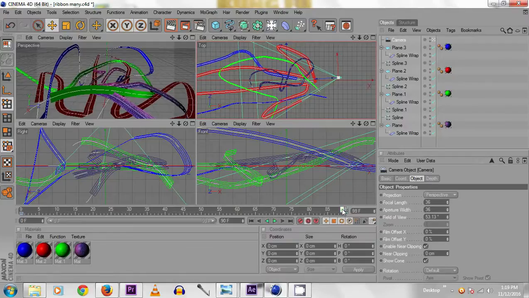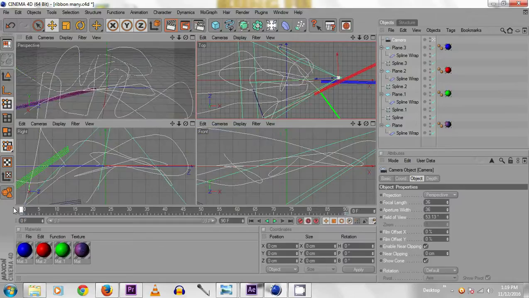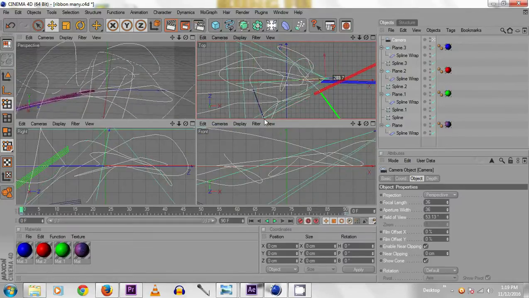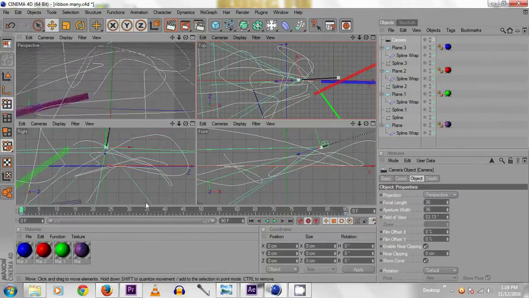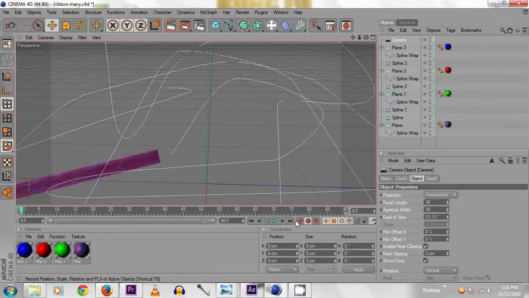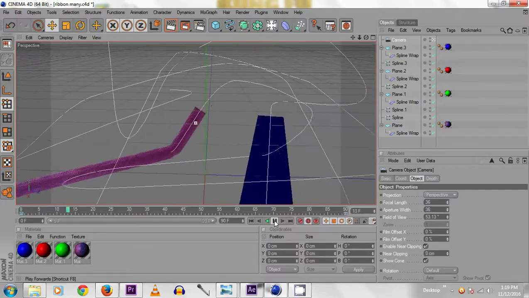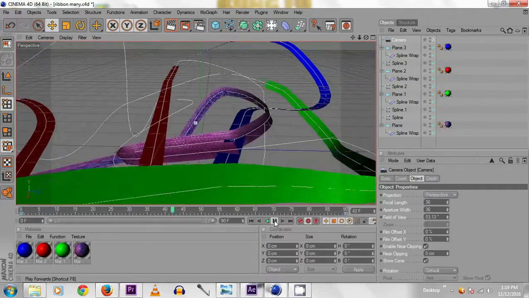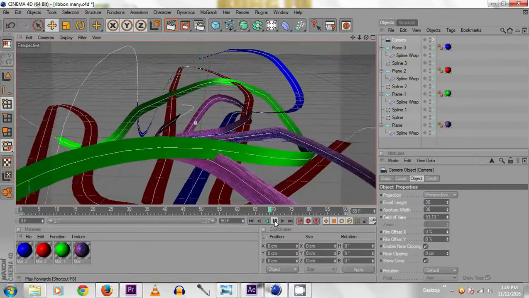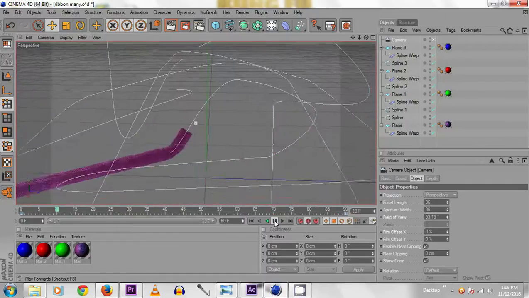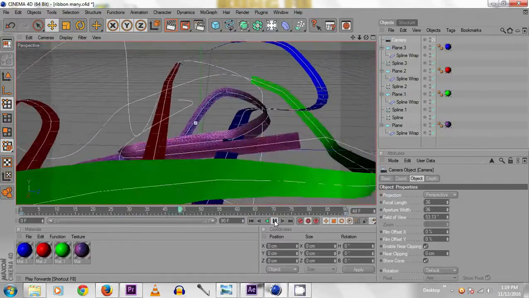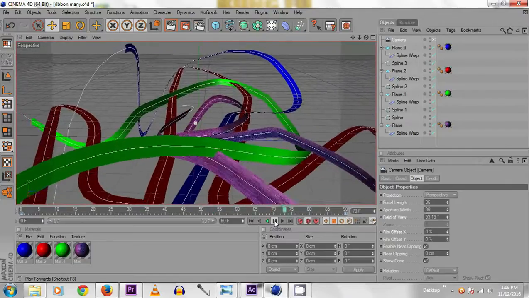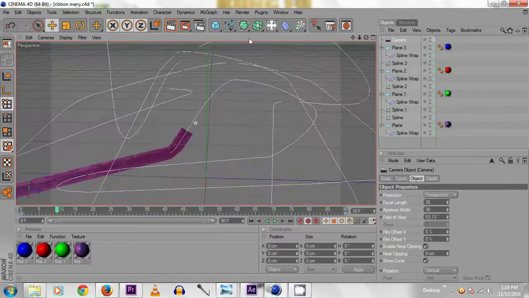Now move the slider to first or 0th frame, then move the camera close little bit. Okay, now we have the camera animation like this. Now when we play the animation, we have the smooth animation like this. That's it.